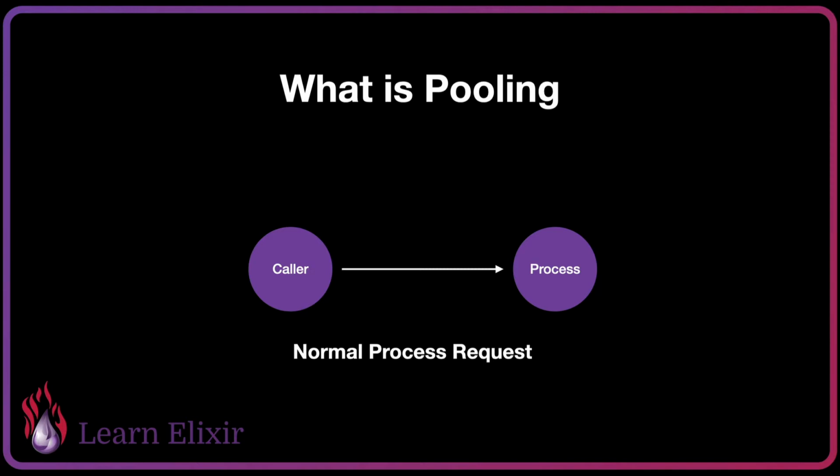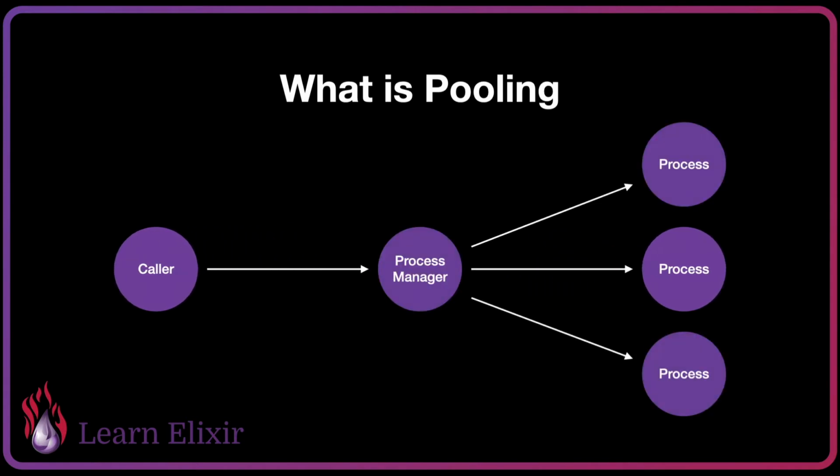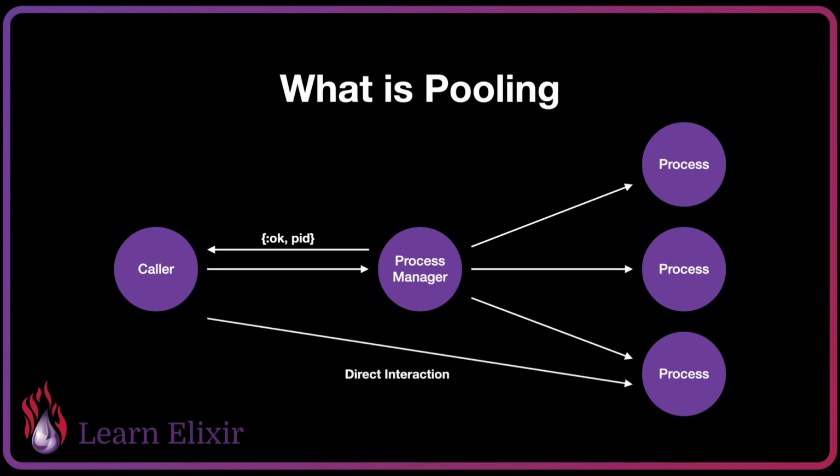a process, but only having one process to request to. Instead, we have a process manager, which then has access to multiple processes. Our caller makes this request to the process manager and gets returned an OK with PID. It then uses that PID to interact with the process directly and call whatever it needs to on that direct